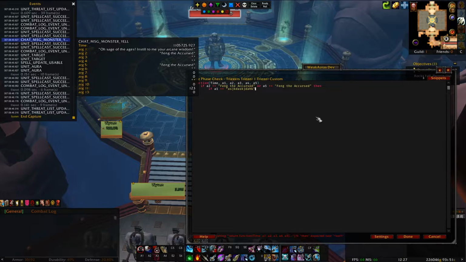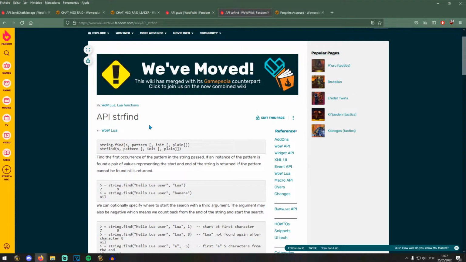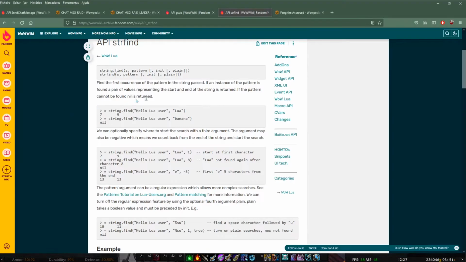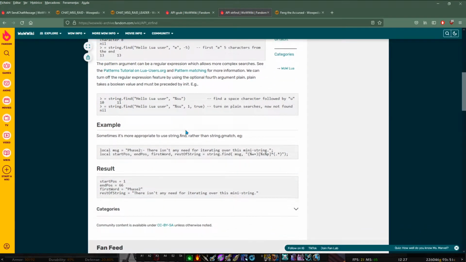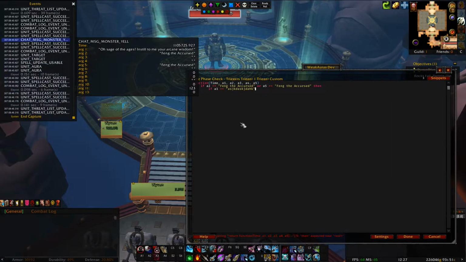So there's this lovely function called string.find, which I have here. This is just a function inside Lua that allows you to find parts of a message. I know this looks very confusing, so I'm going to give you a very simple example so you see how powerful this is. If you read that, you will probably understand it if you put time into it. But let's say now I want to check if string.find,